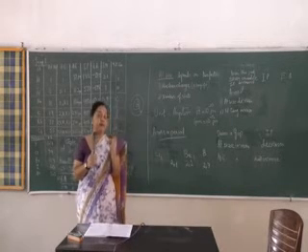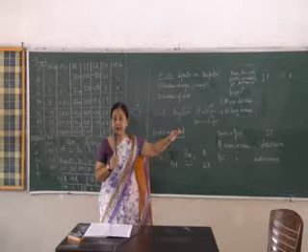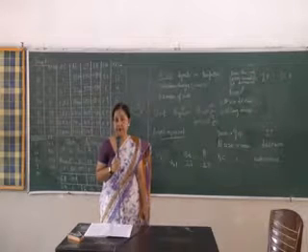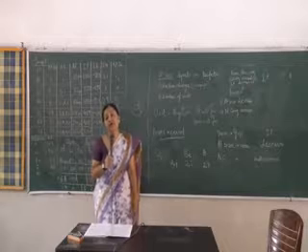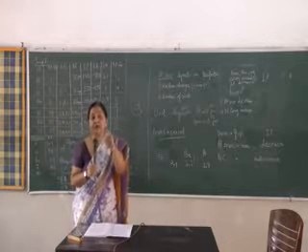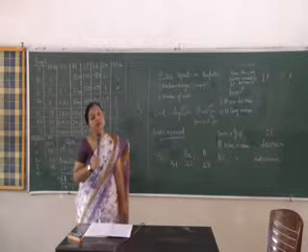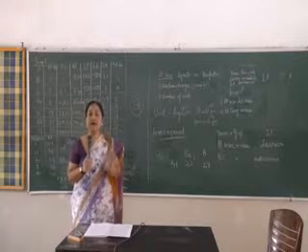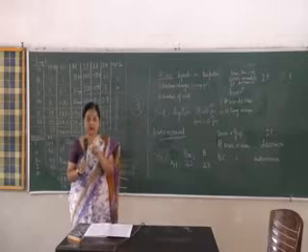So what is the trend of atomic size? Atomic size decreases across a period. Atomic size increases down a group. Although it decreases across a period, there's a slight increase at the end because of the ineffectiveness of nuclear pull due to complete octet of the noble gas configuration. Octet is complete, so the nuclear pull becomes ineffective due to electron-electron repulsion. This is about the atomic size, the trends.